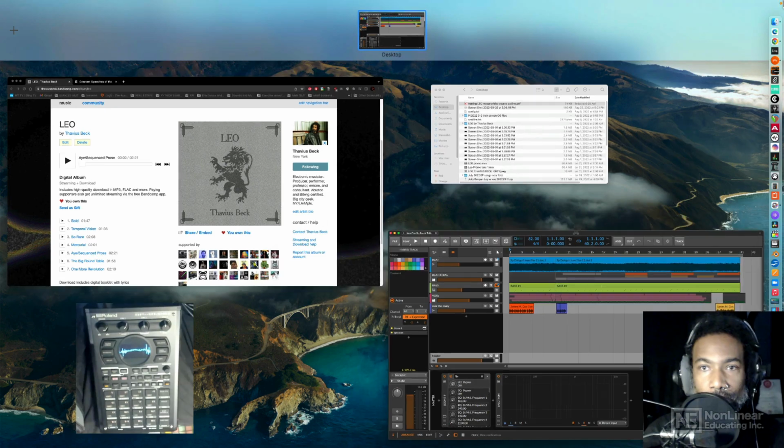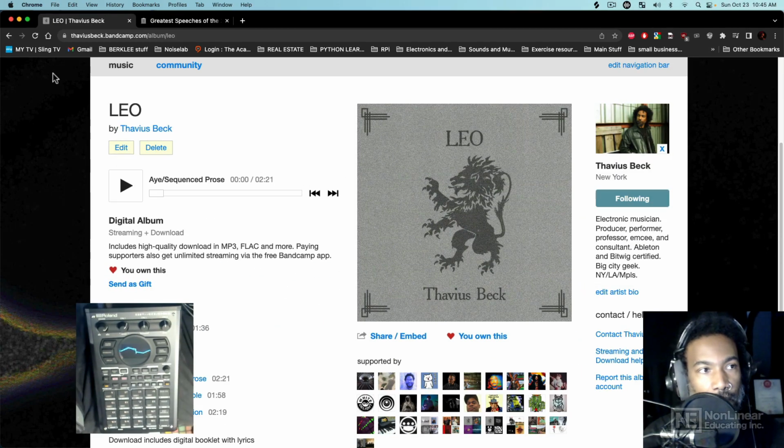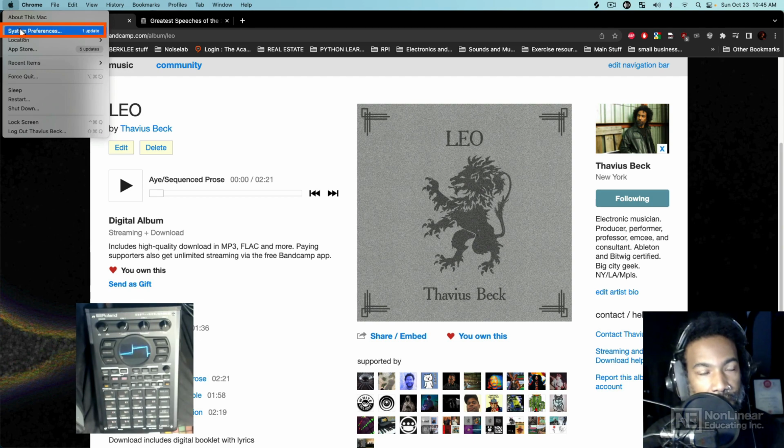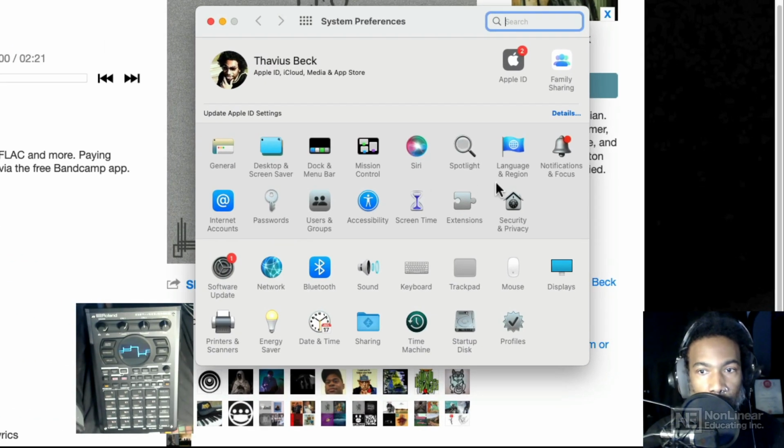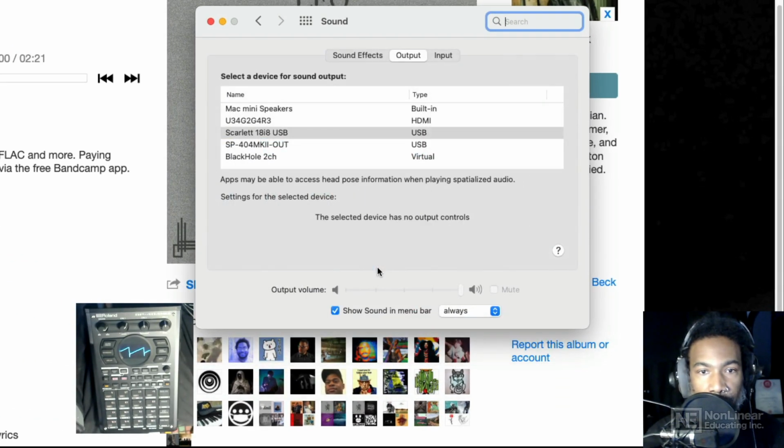The big way that I approach this, having this connected via USB, means that I can go into my system preferences, into my sound area, and make all the audio from my computer go out to the SP-404 Mark II. And this is how I ended up sampling a lot of different stuff from many different sources. There's a place where you can grab lots of royalty-free speeches, and this is actually one website that I did use to gather some content for this particular song.